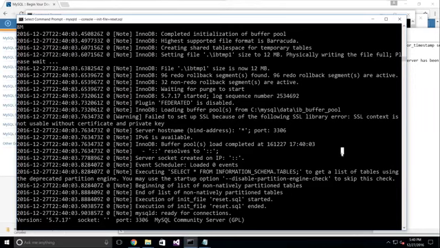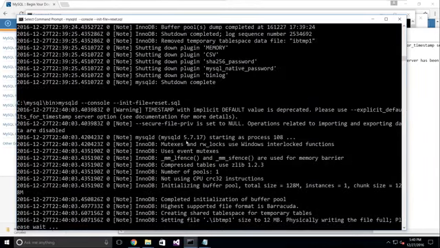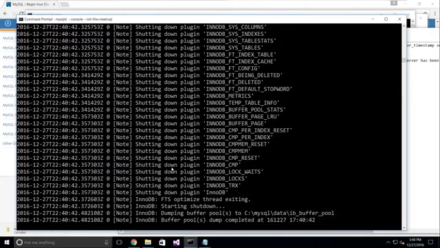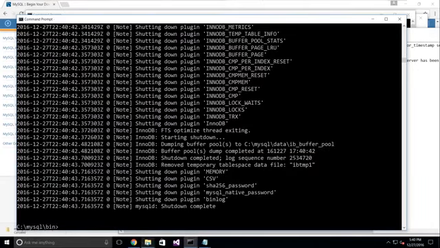So the server is up and running. It's almost good to go. There's this kind of warning thing that I'll take care of. So we're kind of almost set up. We still need to create databases and stuff. So I'll stop the database server